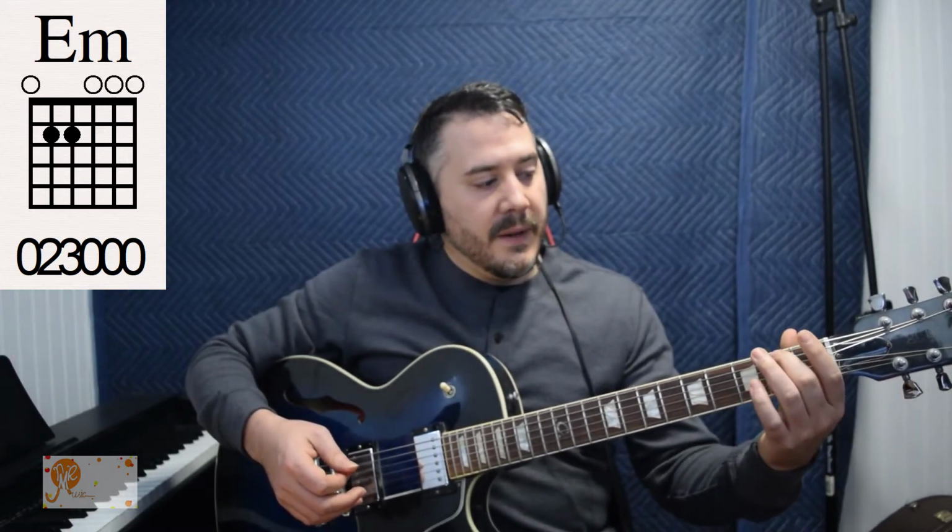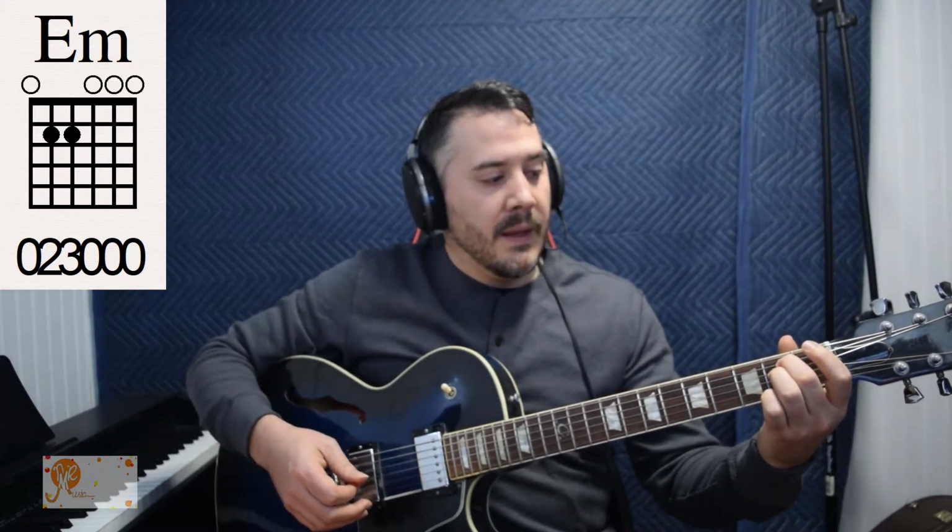With the other version of E minor, we're going to do a full E minor chord in open position. I like using my second and third finger, but you can use your first and second if that's what you'd like to work with. I'm going to take my second finger and put it on my second fret of my fifth string, and I'm going to take my third finger and put it on my second fret of my fourth string. So I will end up with the sixth string, no fingers, E,